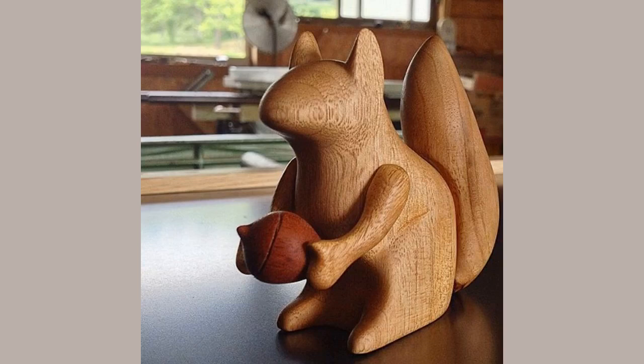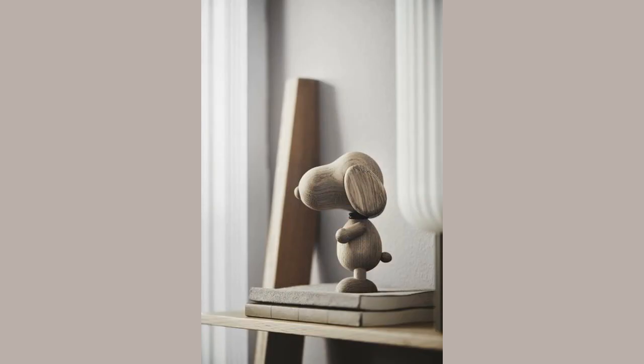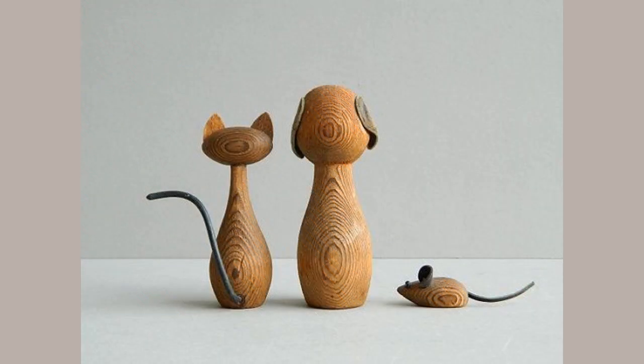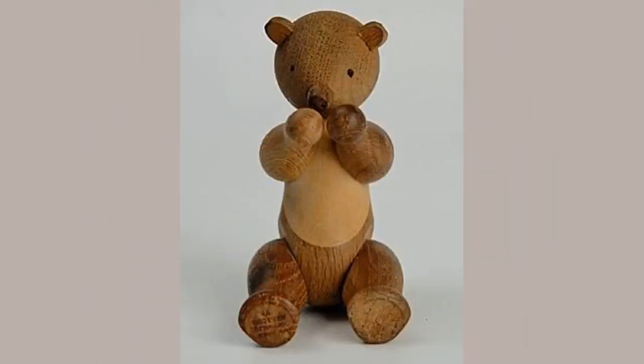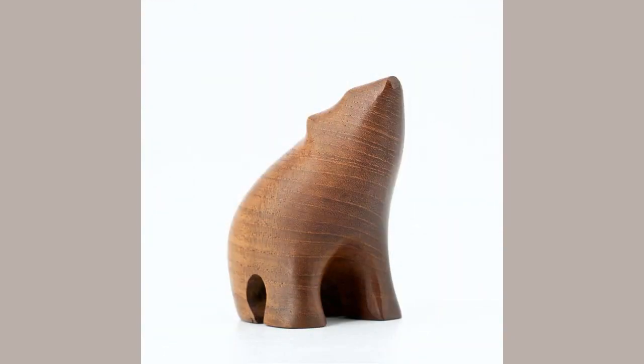Wooden critters decor brings a natural, rustic charm into your home, combining the beauty of wood with the whimsy of animals. These delightful pieces serve not only as eye-catching decor, but also as subtle expressions of nature and craftsmanship. Classic wooden critters, whether hand-carved or crafted using modern techniques, add a warmth and coziness to any space. They evoke feelings of tranquility, reminding us of the creatures we share the earth with and the beauty of the